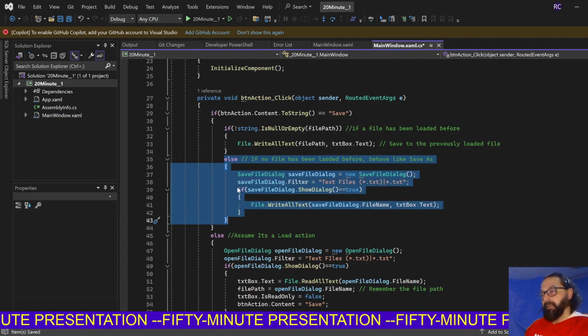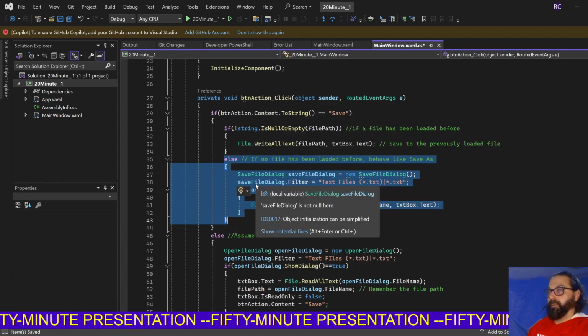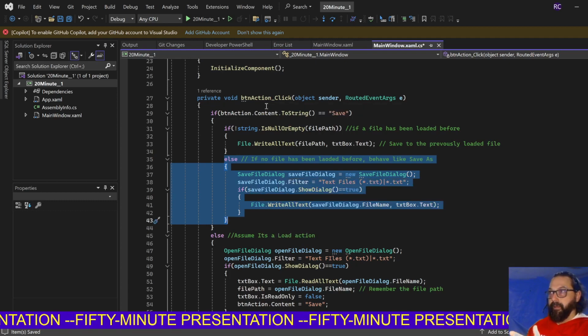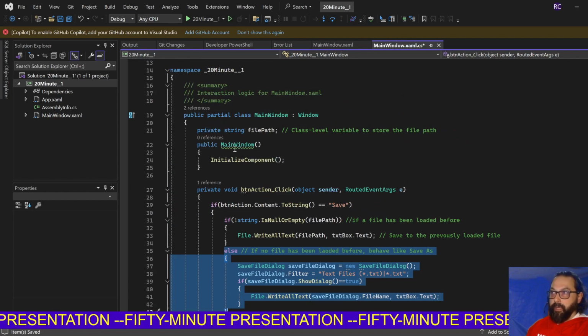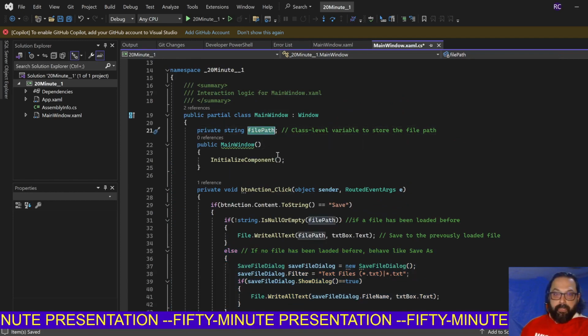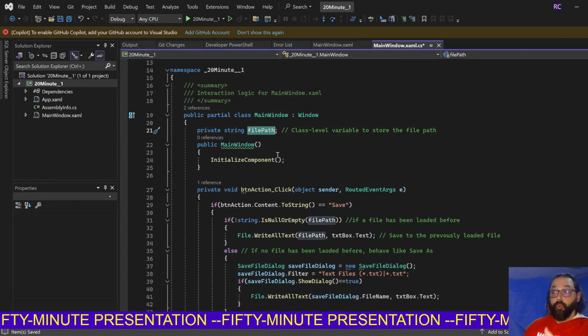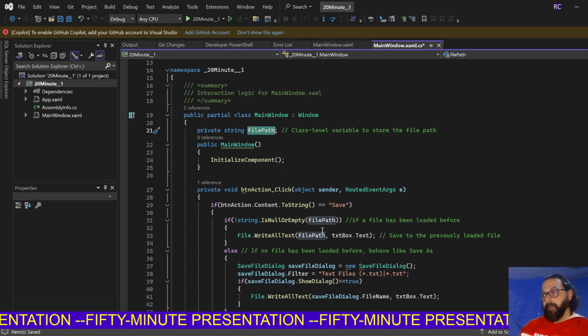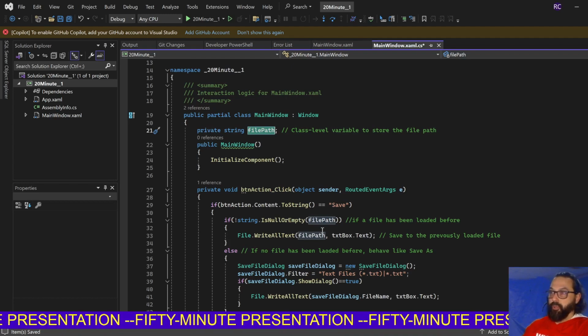So it's more of a safety thing or a future enhancement. And what would happen is when you went to save it, it would see that you did not have a file path, which is captured right away up here. And then by doing that, it will actually ask you where you want to save it and what you want to call it. But to keep things simpler, I decided not to do that